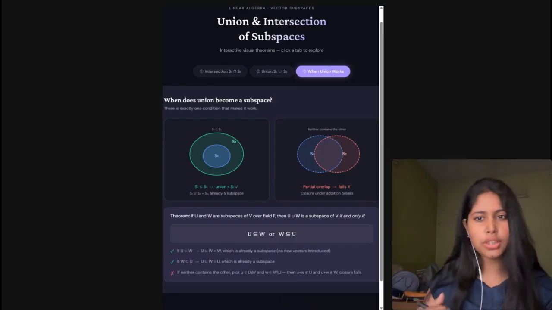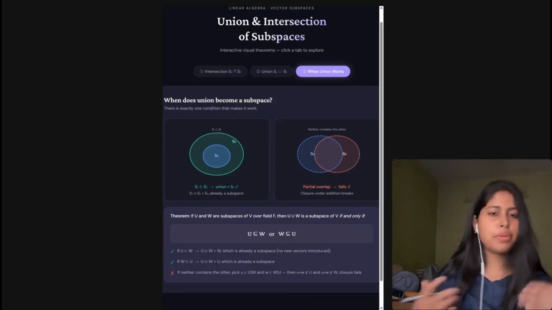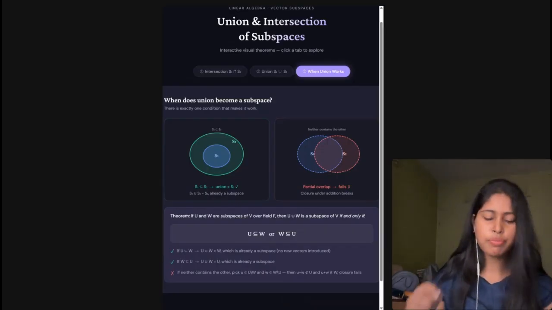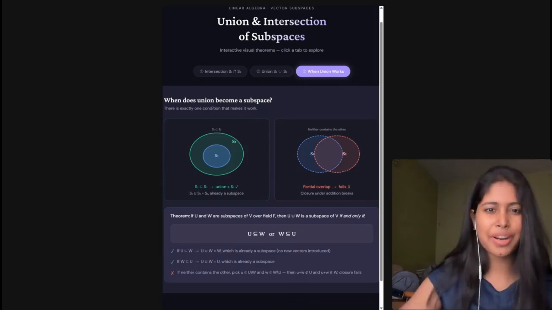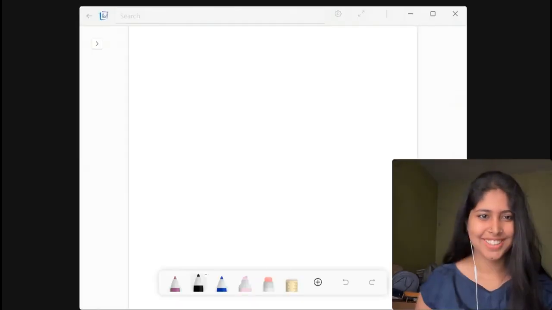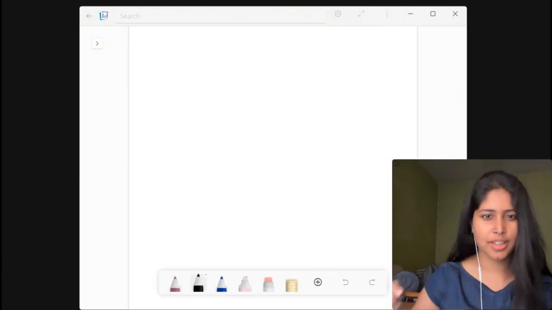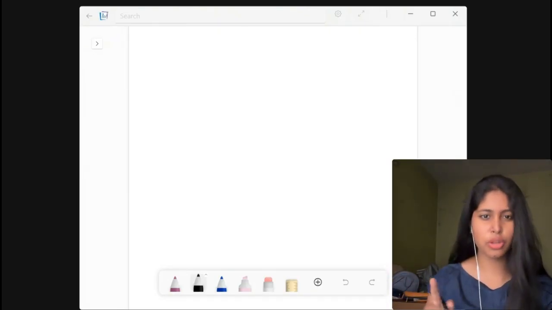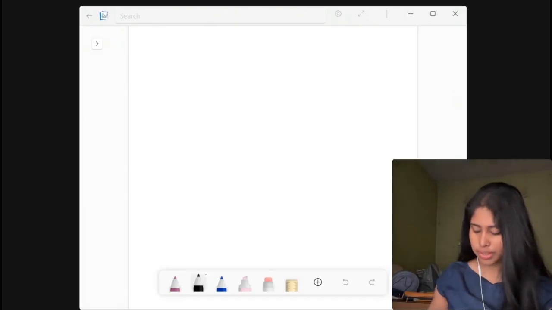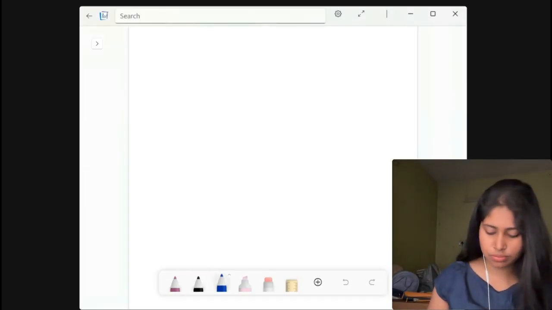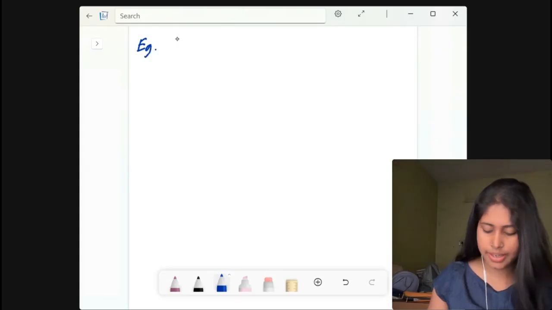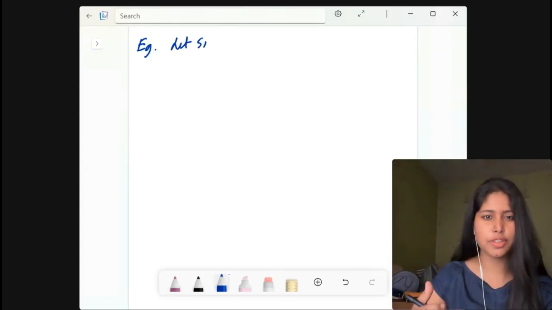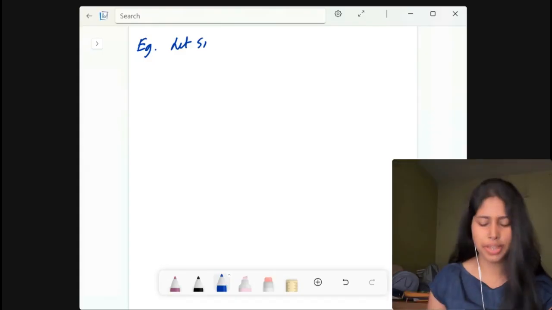Now we will come to the linear sum of subspaces, and before that I will also show the example. Okay, so just wait for a while while I change my screen. So hi, I'm back with my screen sharing. So yes, what I was saying, we were talking about that example, right? So let me give this example. I was saying it out loud orally, right? Now I'm giving the next example.